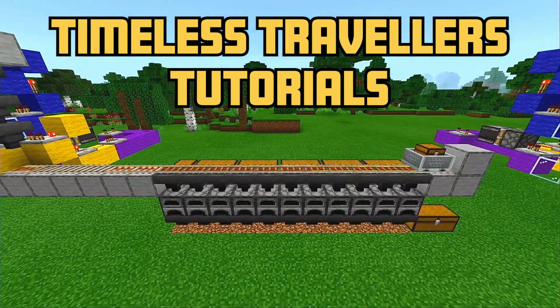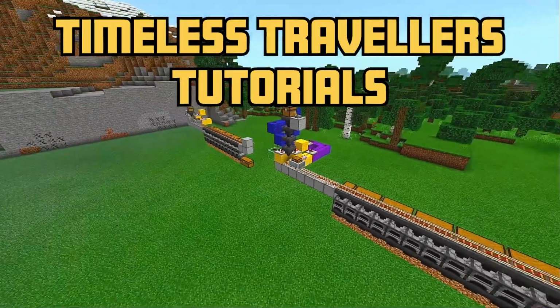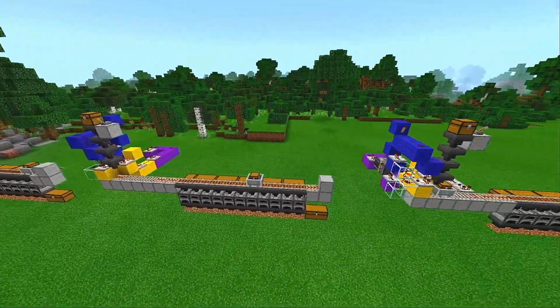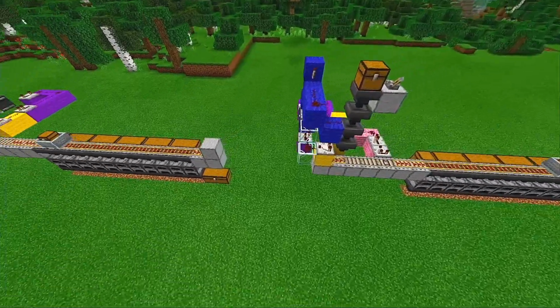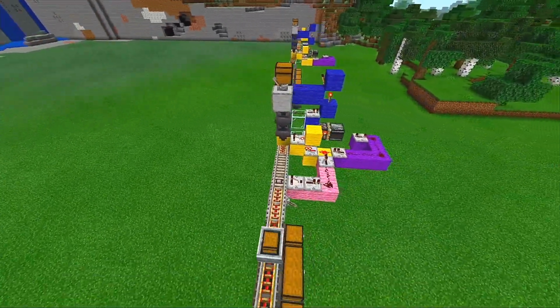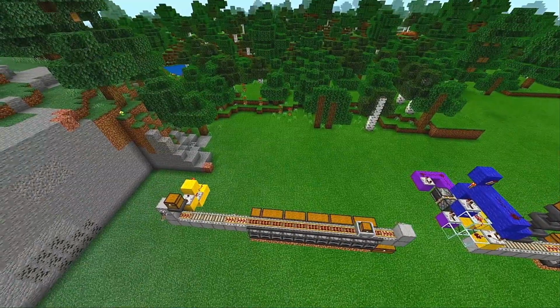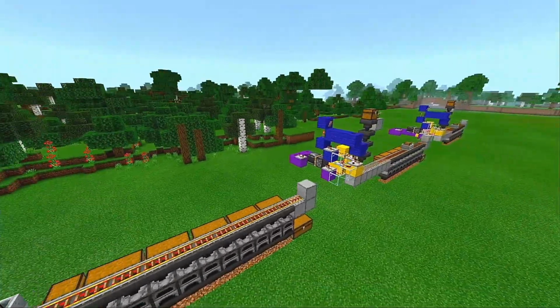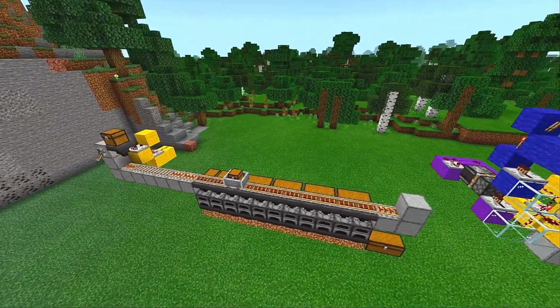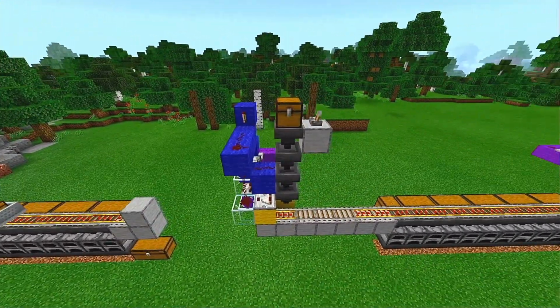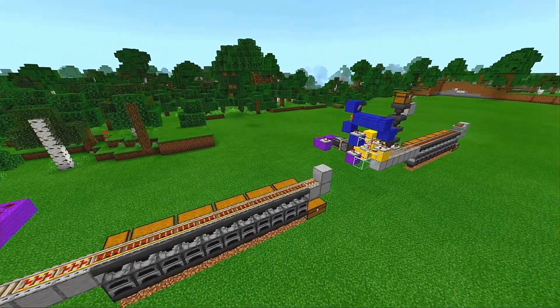And in today's video, we're going to be going over how to build a minecart loader with the added function of having an anti-clog system built in. That is right, an anti-clog system. So we have 3 different designs here. Each one is going to scale up, and that is based on the quantity of items that you need to